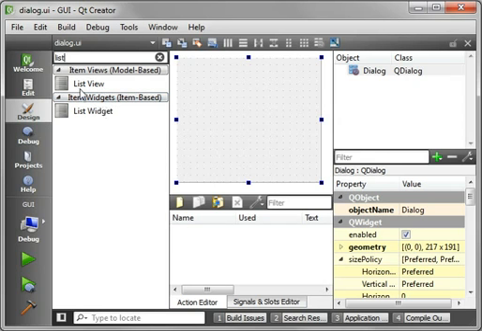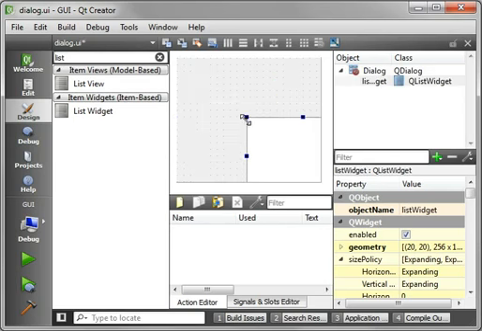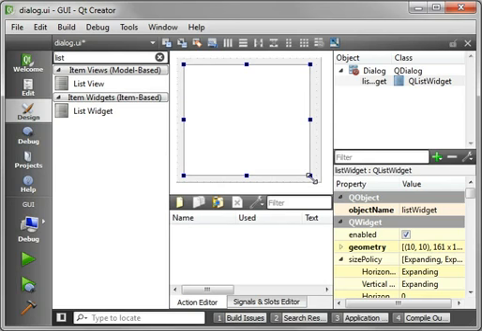Let me explain. The list view uses the Qt model view framework, which is an advanced topic we won't be covering just yet. The list widget is what you're expecting, which allows you to add, edit, and delete items manually. With the model view framework, the list view, you would have to update the model, and the model updates the view. Like I said, that's an advanced topic we won't be covering just yet, but we'll get to it eventually. So just throw a list widget onto your form,